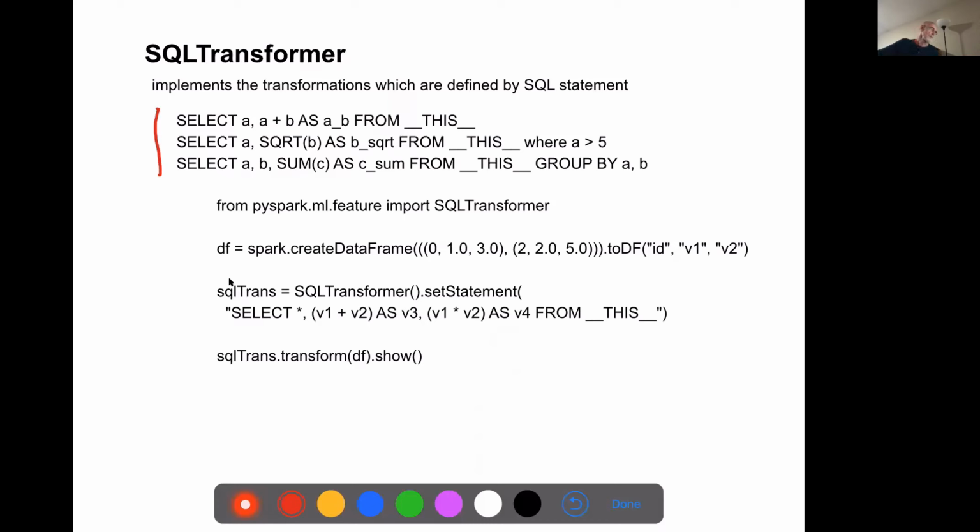So here, again, I'm creating a very simple data frame. It has 3 columns, ID, V1, V2, and I just give 2 rows. And my select statement is, what I'm doing is I'm going to add those 2 columns and create a 3rd column called V3, and then I multiply them together to get V4.